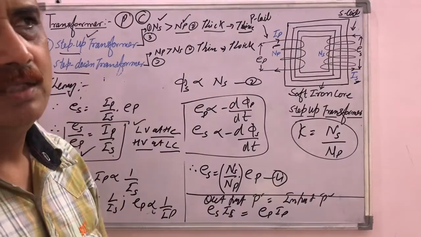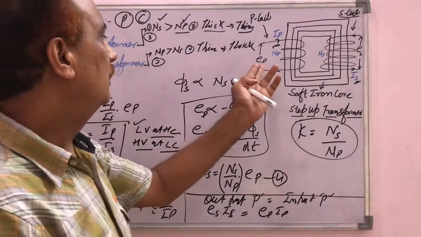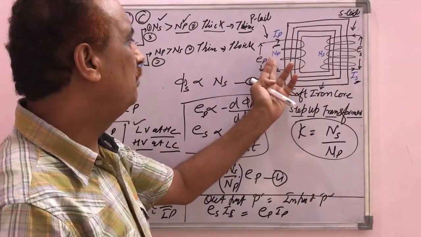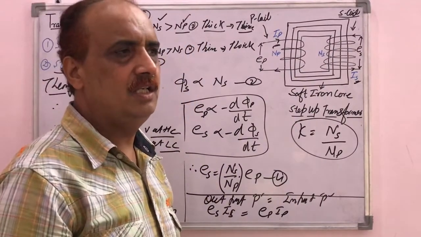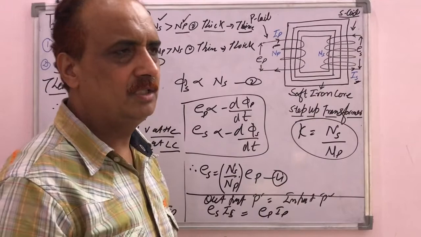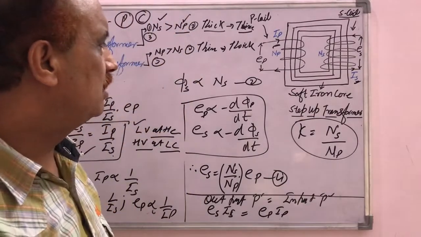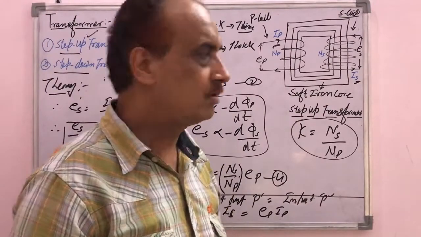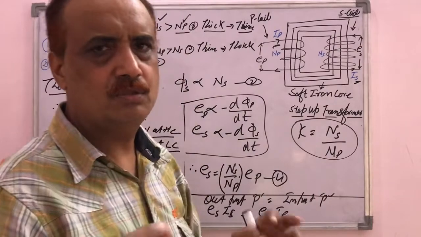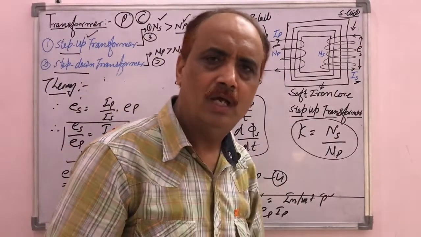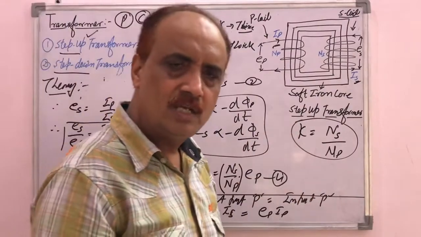The laminated iron core is used here because when the magnetic flux is linked from the primary coil to the secondary coil, some energy is in the laminated iron core, eddy currents are produced, and these eddy currents generate heat energy, because the resistance of the soft iron core is very small. Therefore, a large amount of eddy currents are produced, and therefore a large amount of heat is generated.